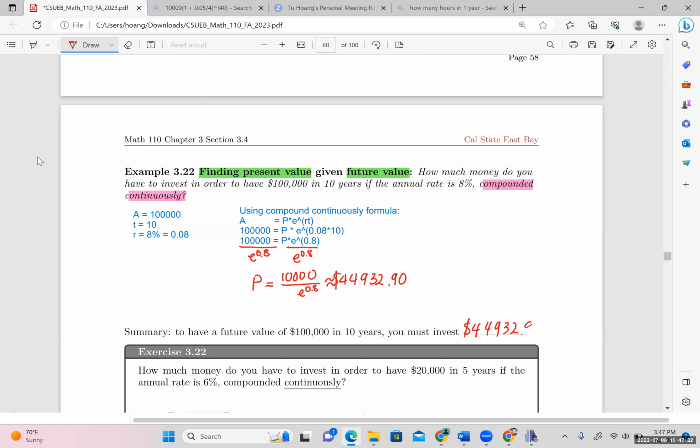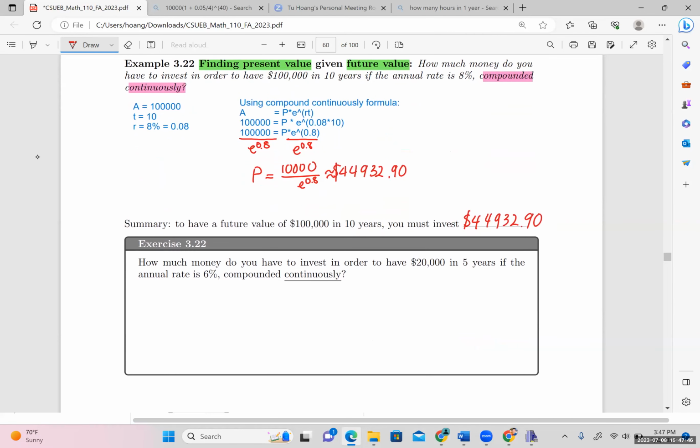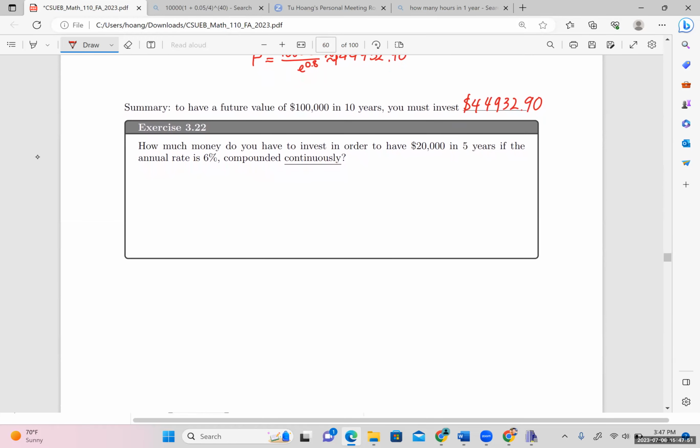44,932 dollars and 90 cents with continuous compound interest, right? Okay, so I'm also going to leave this problem for you to practice with, and the answer key will be